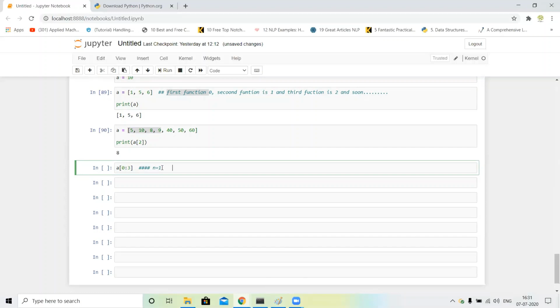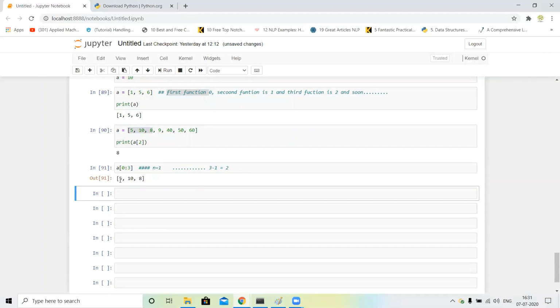What is n minus 1? 3 minus 1 is 2. So our output is index 0, 1, 2. Our output is 5, 10 and 8. So I just run this cell, and you can see our output is 5, 10 and 8.